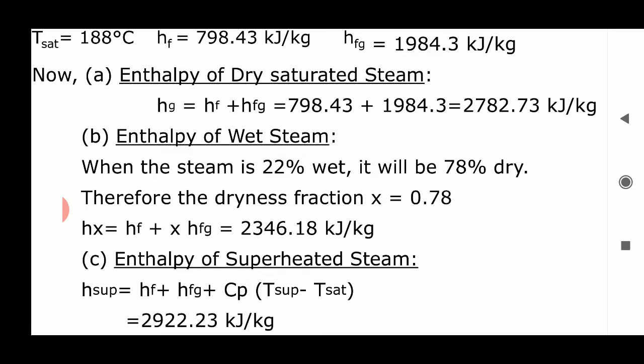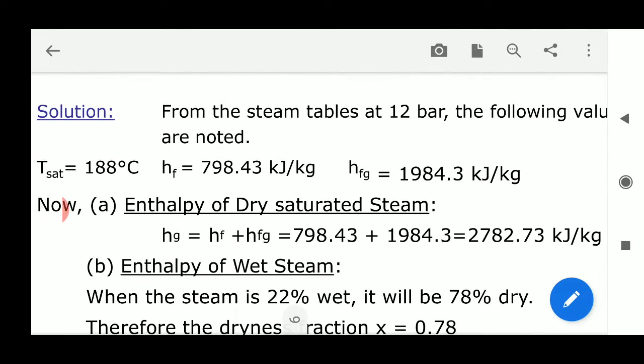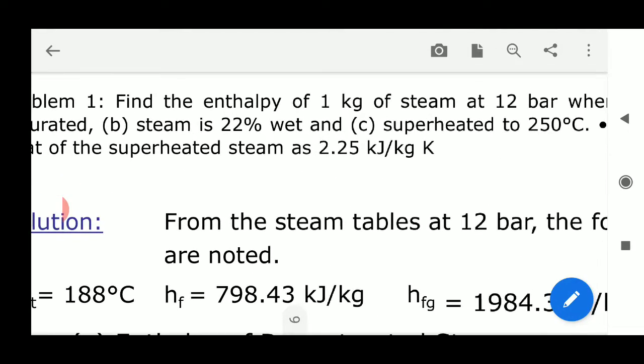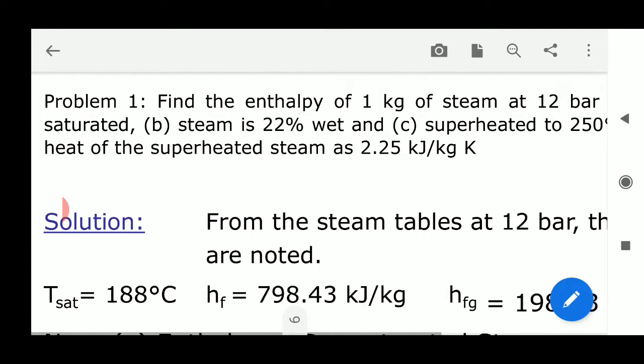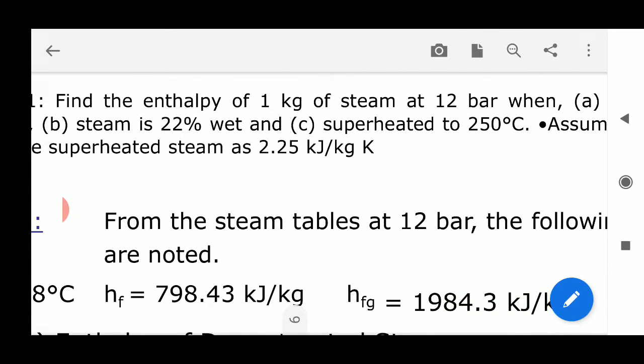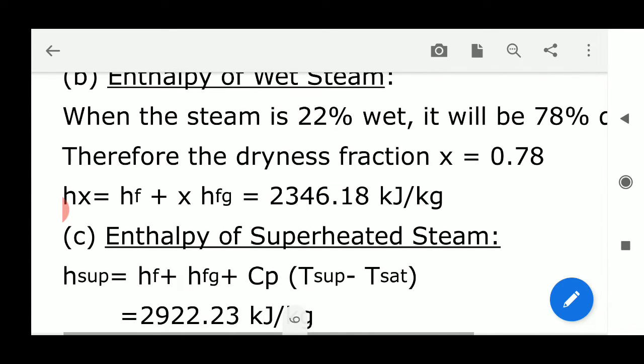Superheat temperature means when the steam is superheated to 250 degrees Celsius. Specific heat Cp of the steam is 2.25 kilojoules per kg Kelvin. So if you substitute these things, we get